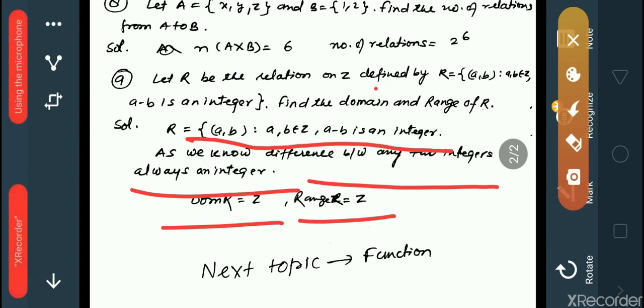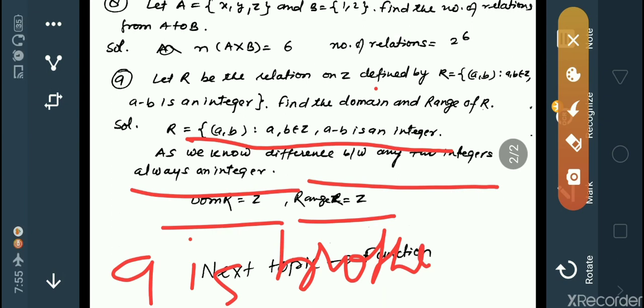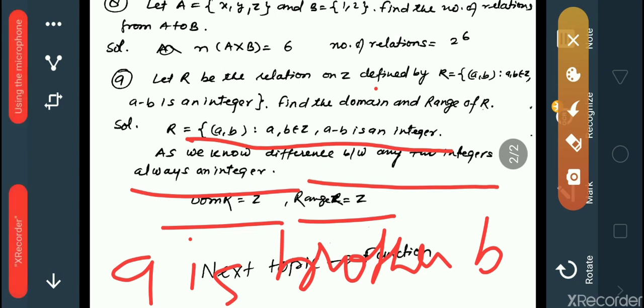Now, relation is the first leg of your chapter, function. Our next topic will be function. A relation also exists in society. Suppose A is brother of B, so this is also a relation. A is teacher of B, A is principal of B. There are so many relations, and we can say that infinitely many relations are there. We cannot actually list all the relations because there are so many.